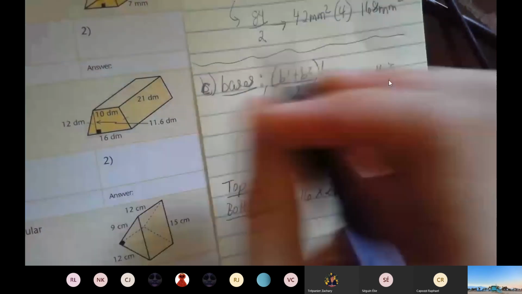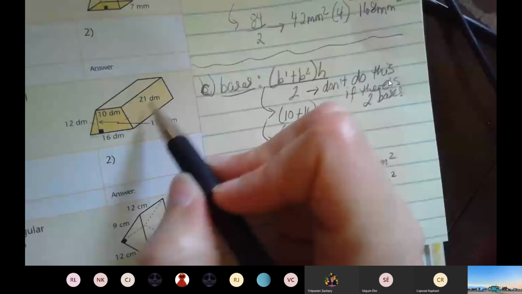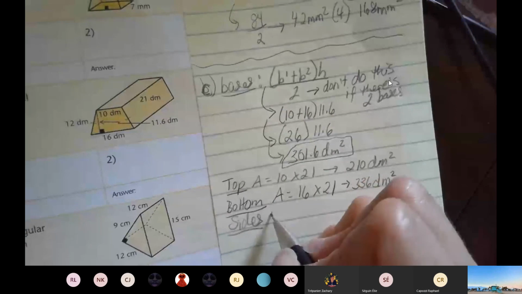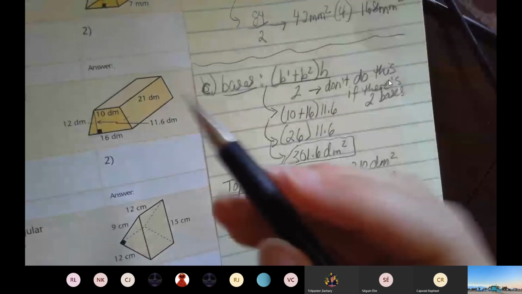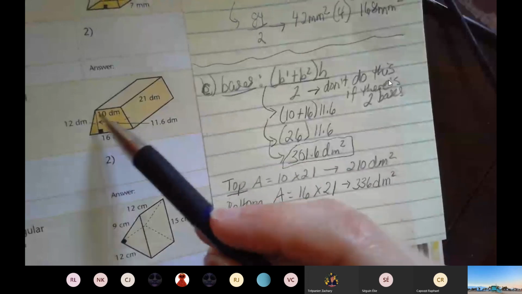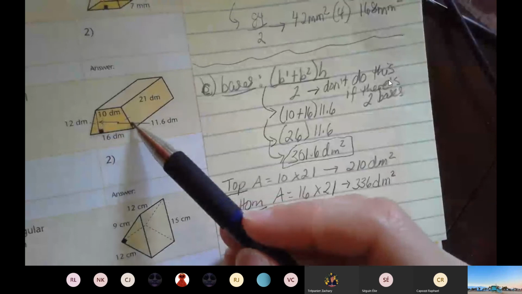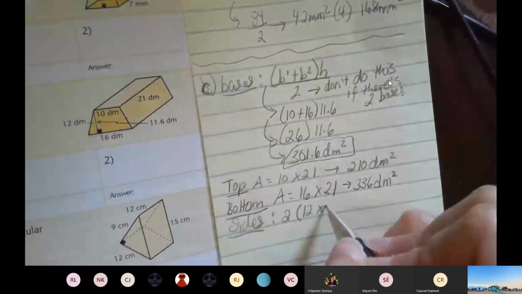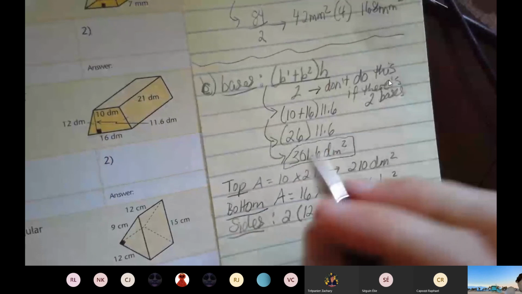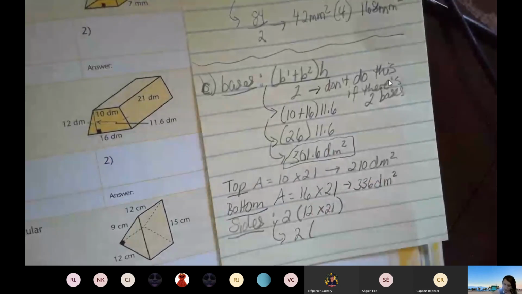I've got this side here, and you can't exactly see it, but there's one on the other side. So the sides, there are 2 of them. So it's 2 times, and the dimensions here, that's what that 12 is. See those little lines there? So these 2 sides here and on the other side, it's going to be 12 by 21. So let's go ahead and do that. It's 2 times